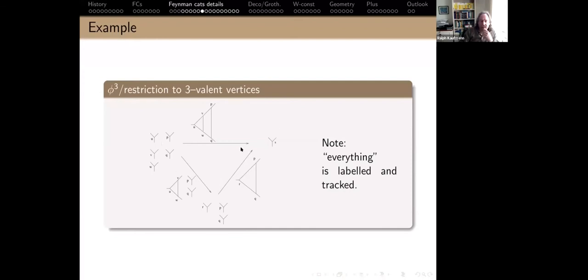And I can factor this as a morphism where I take just first, I contract this bit. And so I have to know which vertices these are. So what I'm explaining is everything is labeled. So there's U, V, and W. I contract them to a new vertex R. I don't do anything to these two corollas. And then I just move. And then the next time I take the graph here, what I get is then I have these three vertices and I contract those. So you see, this is kind of nice.